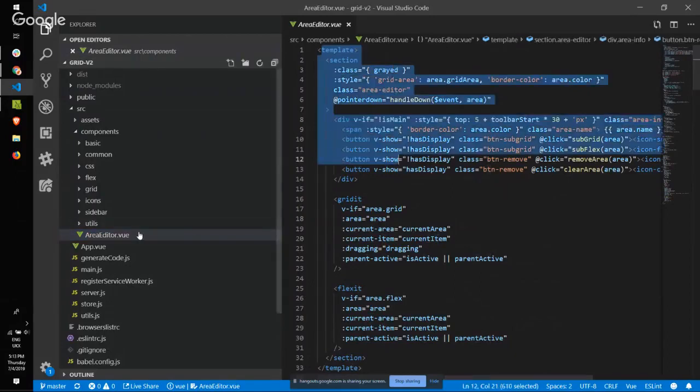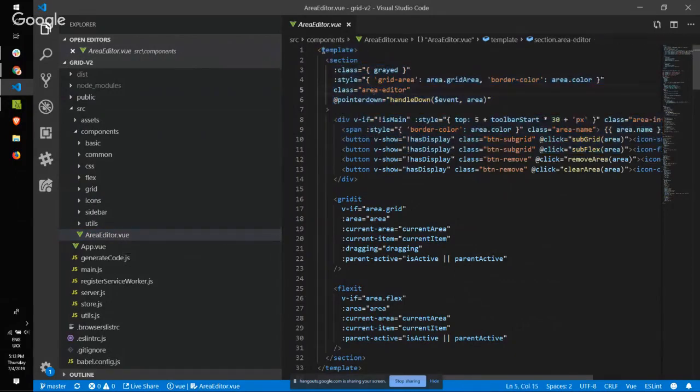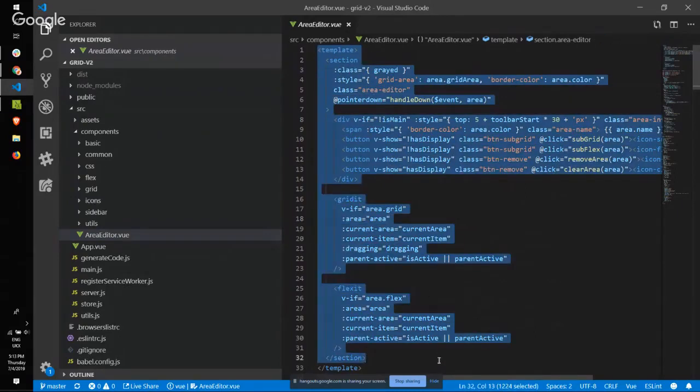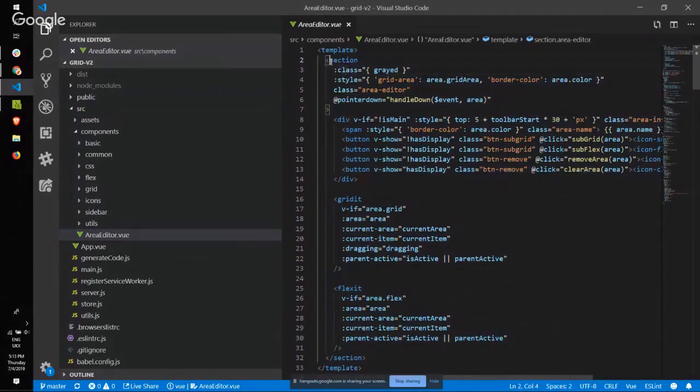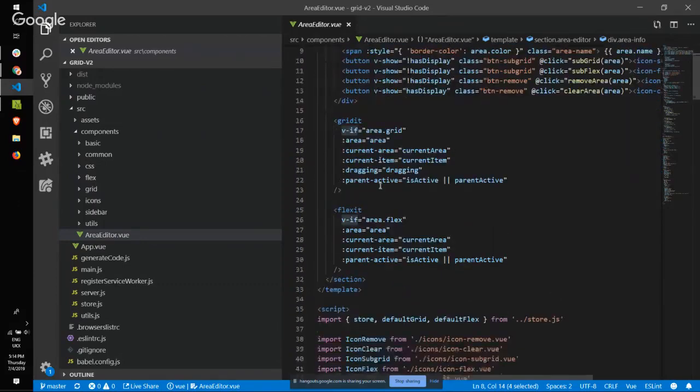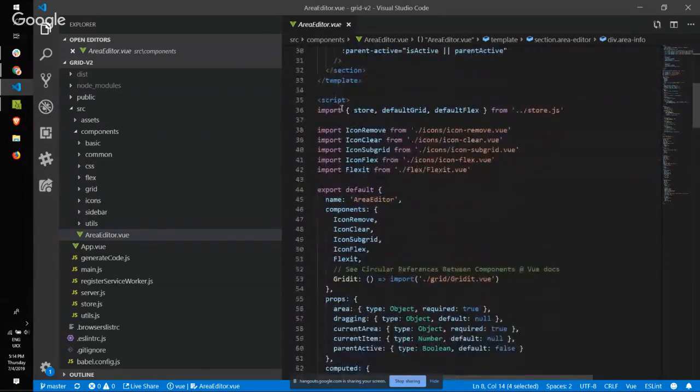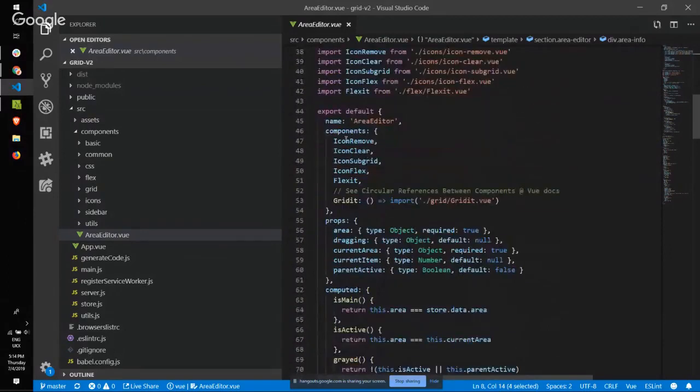It's a single file that is called .vue, and you have directly the template, the HTML, where you use this normal section with some binding for the class, and this is the notation that they use for the templates. And for events, for example, you use this notation to handle a pointer down. You have some notation like in all templating languages, like the if, like before, and these kinds of things. And then after the template section, you have a script section